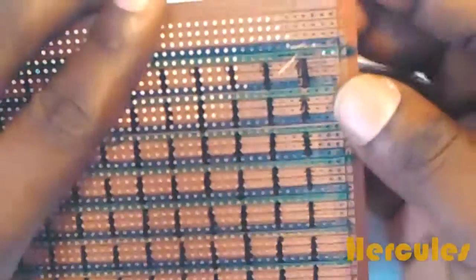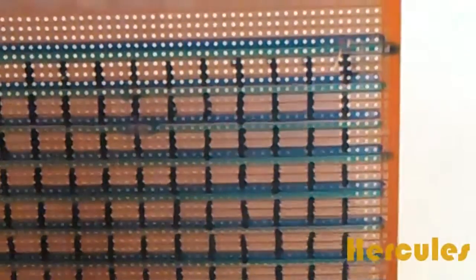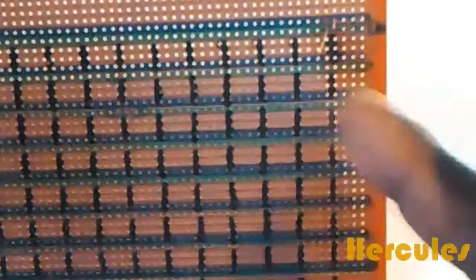So we're only going to be doing 8 of them, 8 columns this way. They're going to use 1, 2, 3 through to 8. We're going to be doing only 8 for this project because it's an 8 by 8 LED matrix we'll be doing. Okay, so